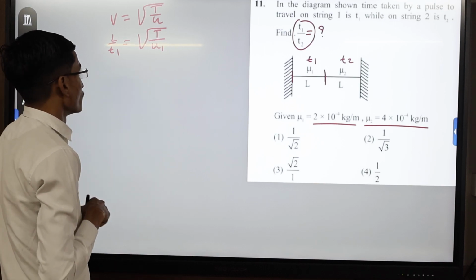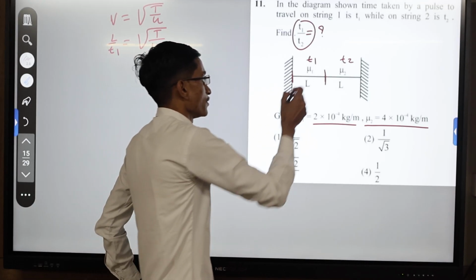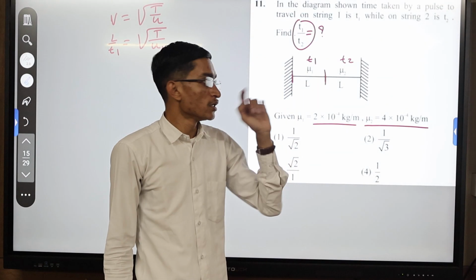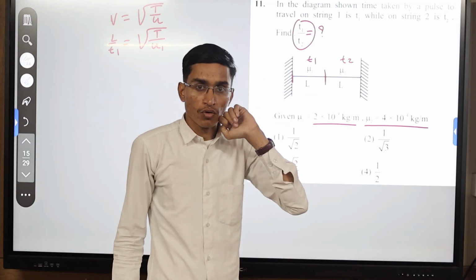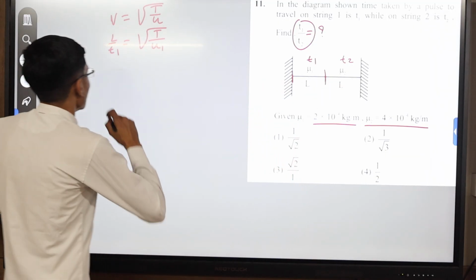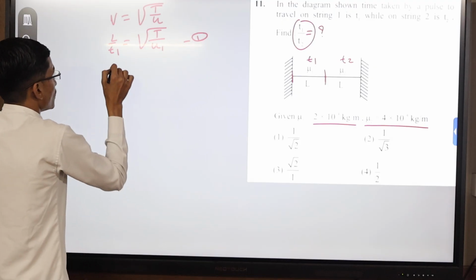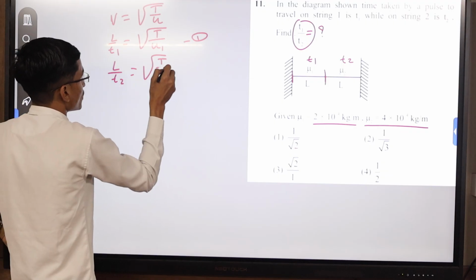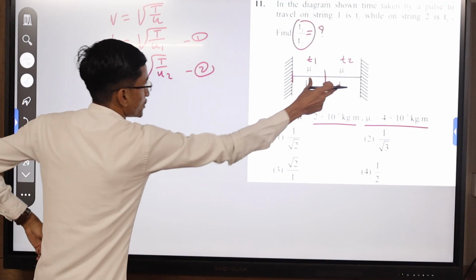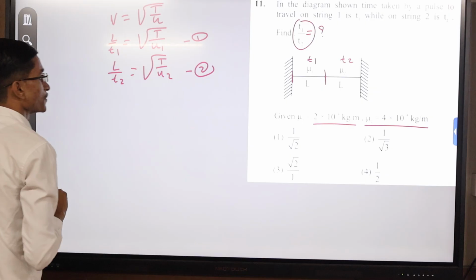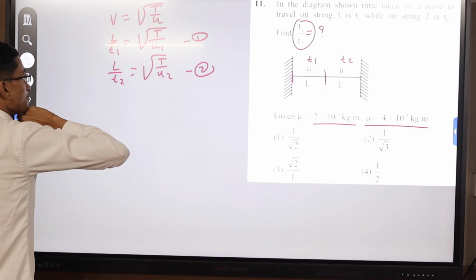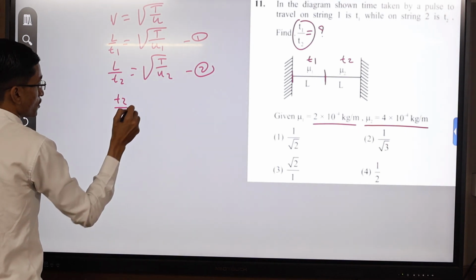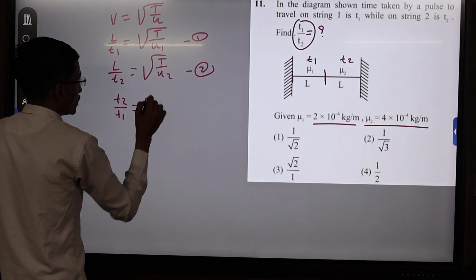Here we consider T the same in this whole string, because one string has one tension, so the tension throughout the whole string will be the same. As well, we can write L upon t2 is equal to under root T by mu2 for the second part of this string. So after taking the ratio, we can write t2 by t1 is equal to, T cancels out, and